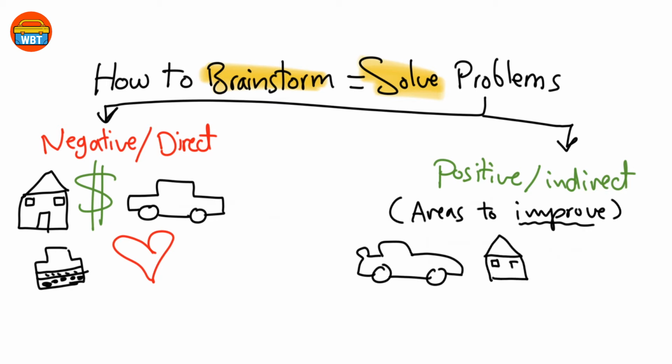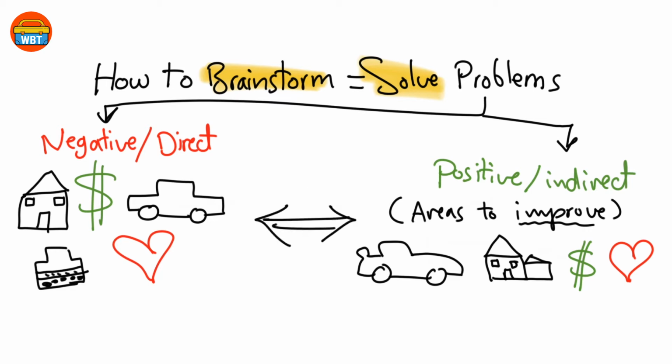Or it could be the dream house you want to buy, or the second stream of income you want to have with your primary job to be more secure financially. Or maybe it's the habit you want to build to take your relationship to the next level. All of the above are problems that need to be solved. And in this video, you'll learn how to brainstorm effectively to generate ideas to solve any problem you have.